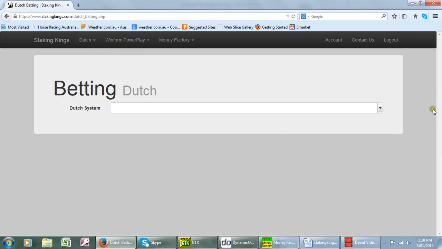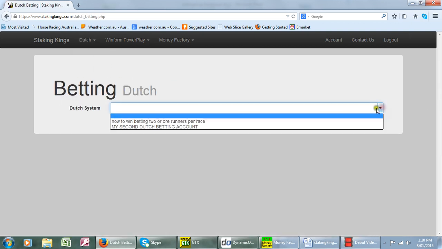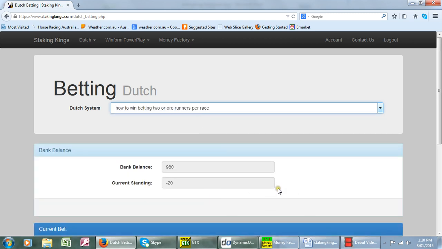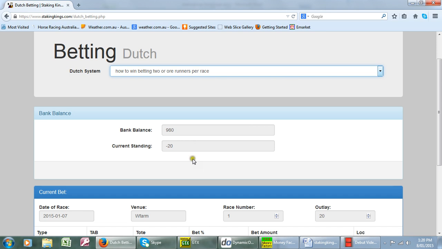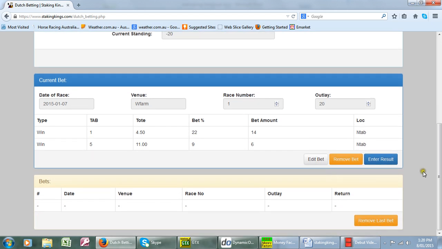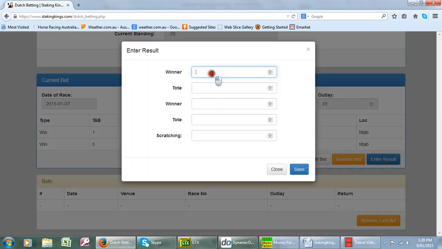Okay, we've gone to the Dutch betting and we choose one of our plans: how to win betting 2 or more runners a race. The current bank balance comes up. We actually had a losing bet in there. I've already put a bet in here just to show you. Now I'm going to enter the result. Let's assume number 5 won and paid